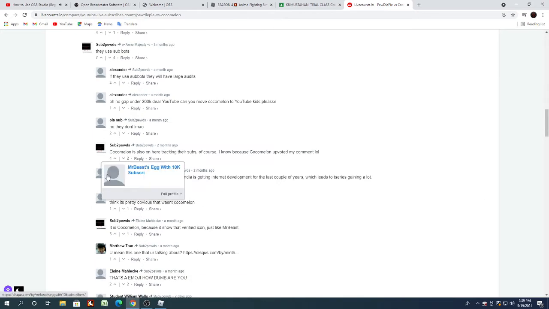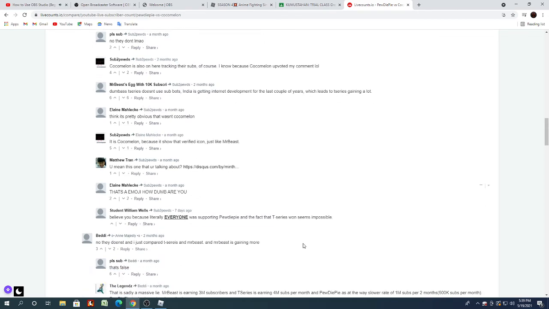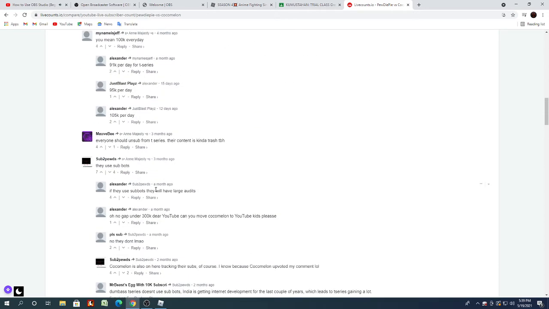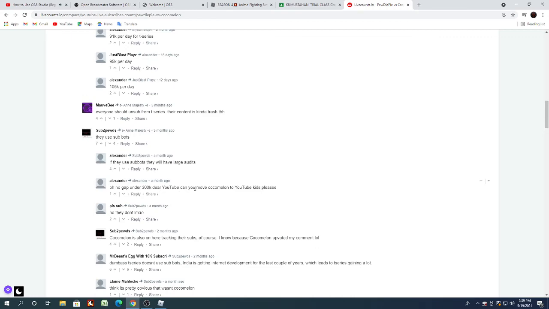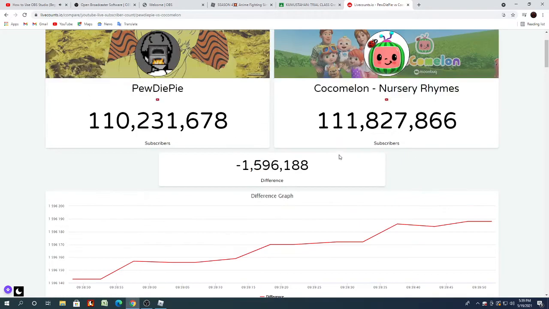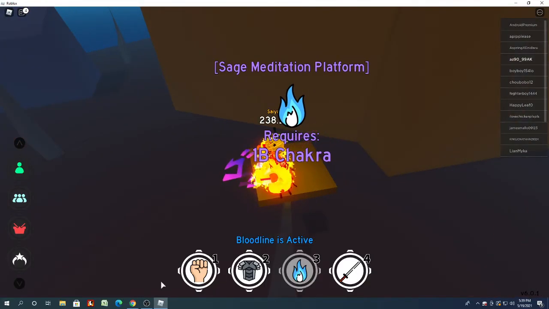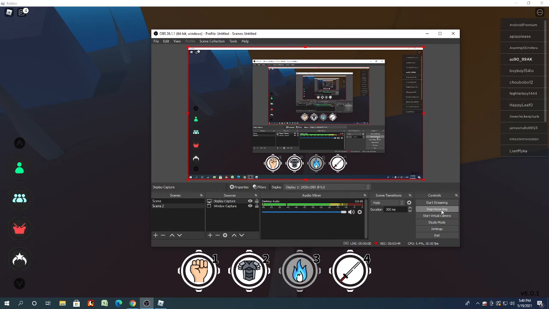In the stream category, streaming services is the most common stream type. You can choose from different services, including Twitch, YouTube, and many others. For server, you can leave it on auto or manually change it to a location closer to you, which in my case would be Dallas, Texas. And the stream key section is where you'd paste the key from the service you're using. In output, we'll look at the